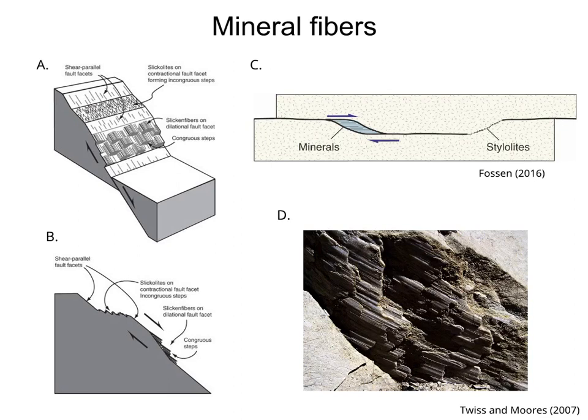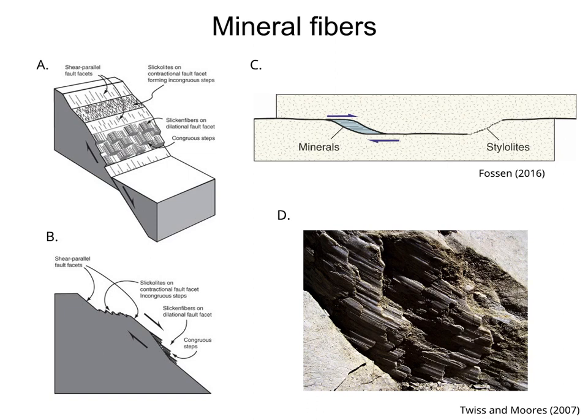As shown in Figure A, fault surfaces are not smooth surfaces, but contain irregularities. Due to these irregularities, there are facets on which there is only shear, other facets on which there is contraction, and others on which there is dilation. As shown in Figures B and C, stylolites form on the contractional facets, and mineral fibers or slicken fibers form